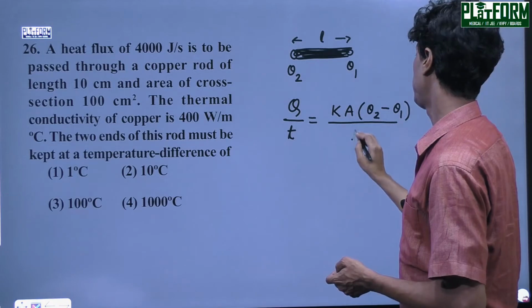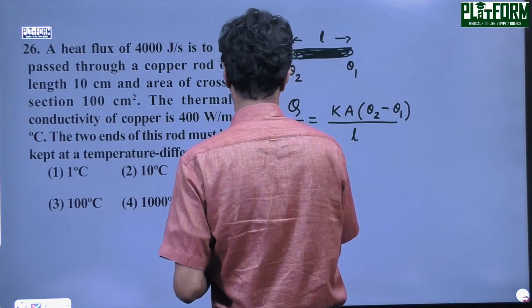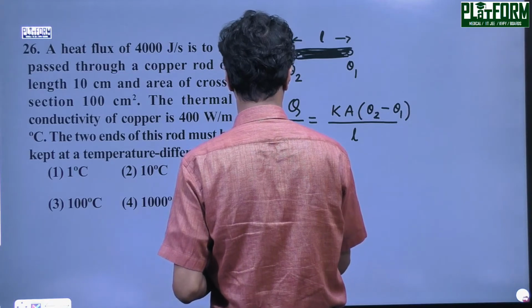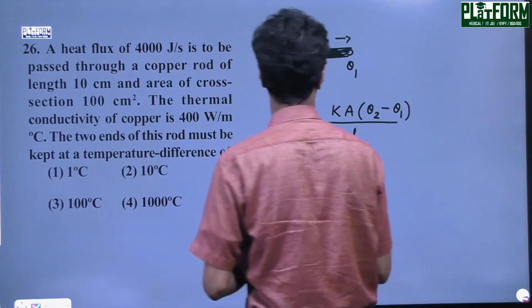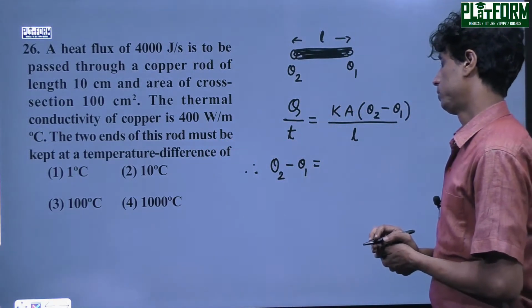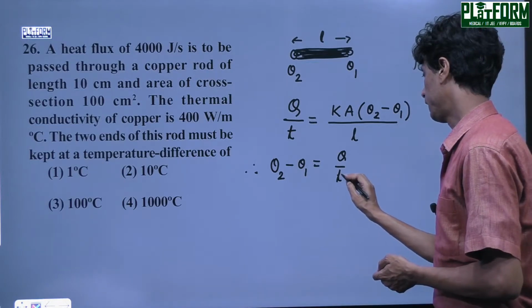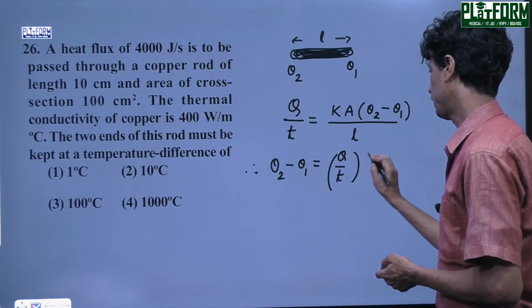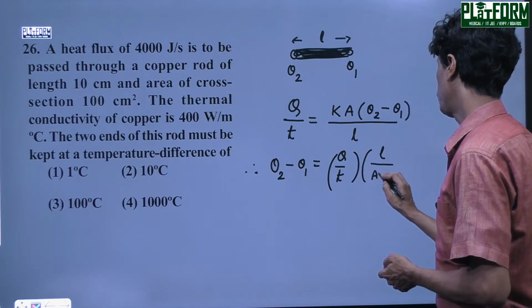L is the length, let us say. Simple question, we just have to find out the temperature difference between the ends of the conductor. Q by t, the heat flux, into L by A into K,